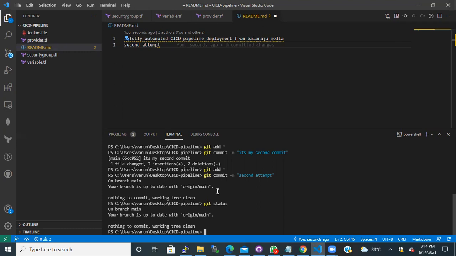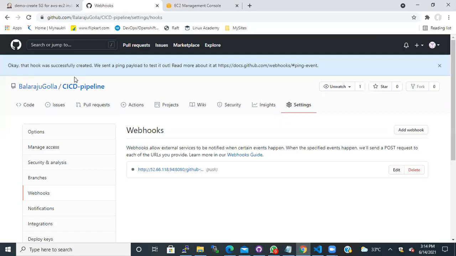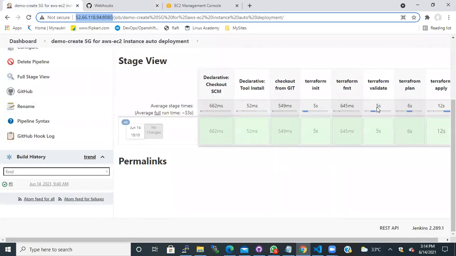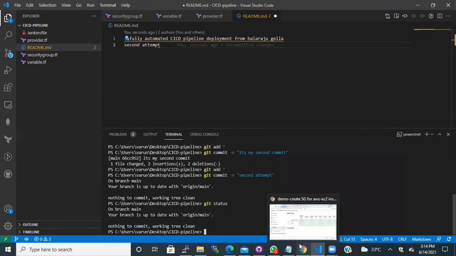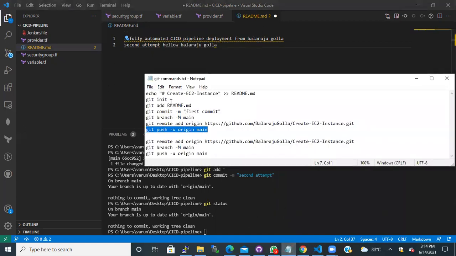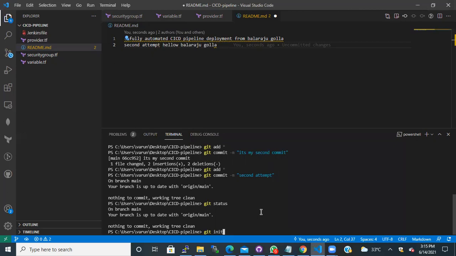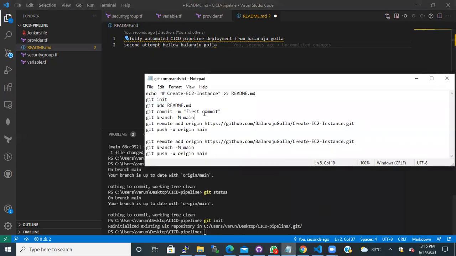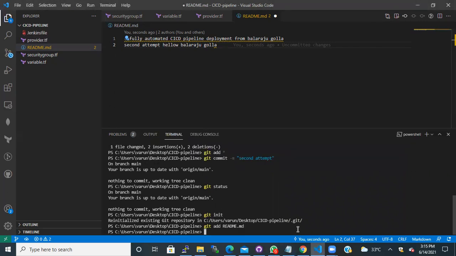No, it's not origin main. So the problem is we gave the branch as origin name. It's not origin name, it is directly the main branch that we are supposed to give. So let me do this. Git init. Git add the README file that we have made. Only the README file we changed.